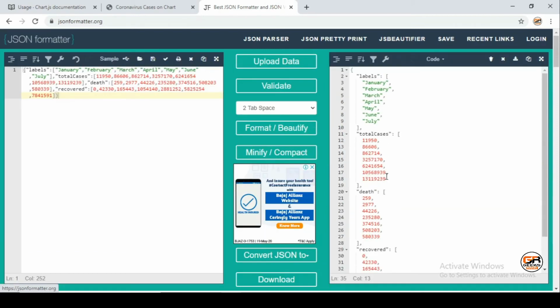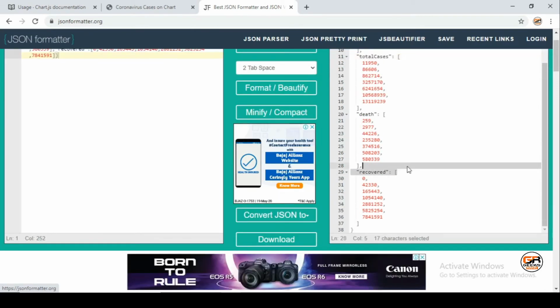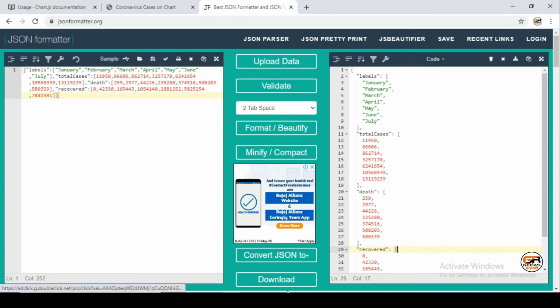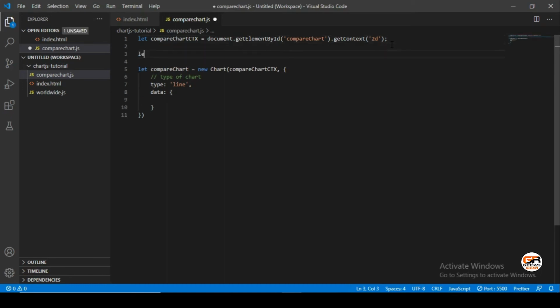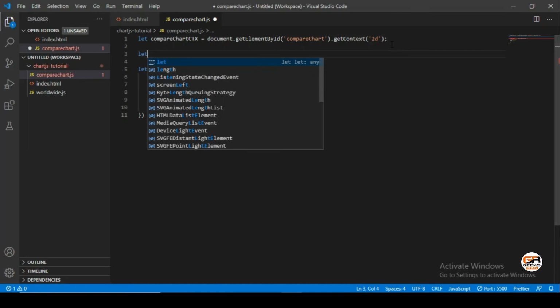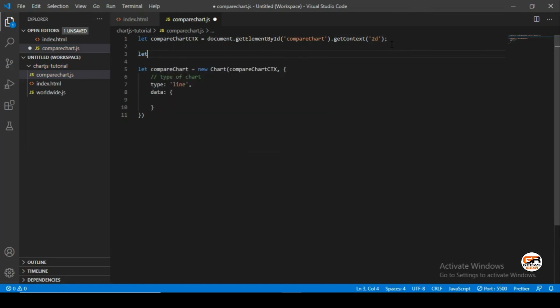And we will separate each key of the object into a separate variable. For that, I will create a local variable, let's say corona cases data.